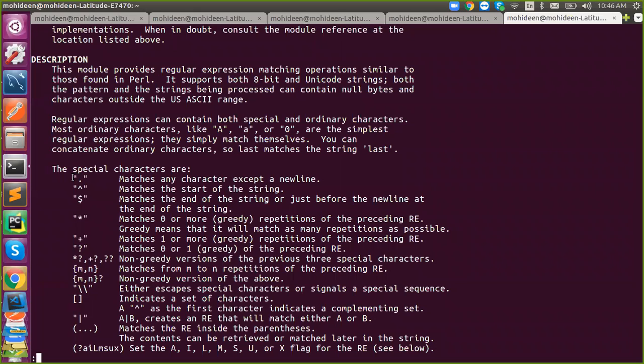Dot means for all. Understand? So this symbol is for the start of your string, and this is for the end of your string. If you want, like I have used split, split means it will start from left to right. So for that we have to use this, and for rsplit I have to use this to match from the end of the string. So these are the differences.